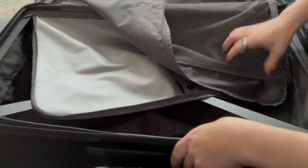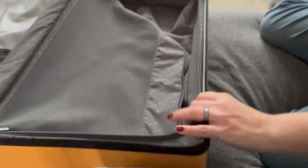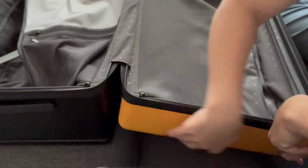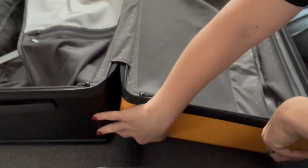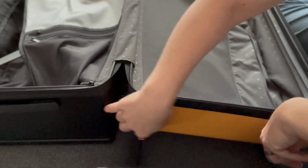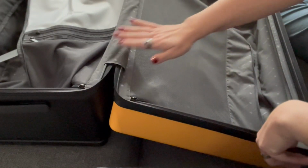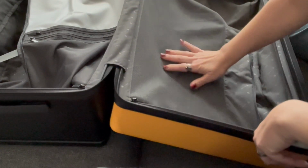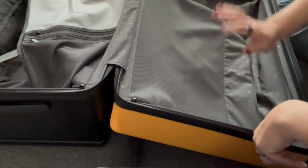Okay, and then the other side, the yellow side. The only thing I don't like about this, if you look right here, is that it's not a 50-50 split. It's like 70-30 or 60-40 or something. But this doesn't feel like it's stressed at all, even when you load it, and I've loaded it already. So that's really, really nice. So then on this side,